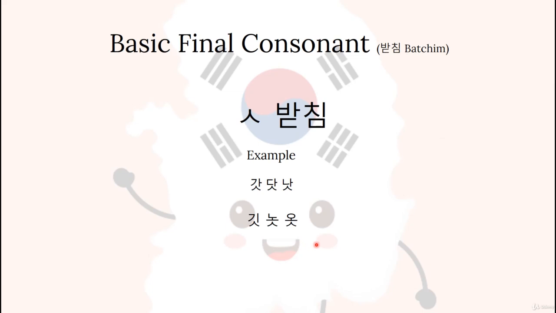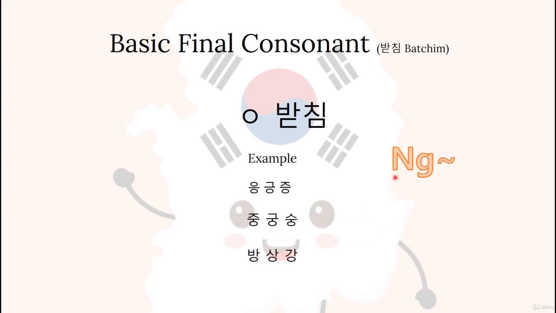Okay, let's move on to the next 받침, which is the 이응 받침. Okay, it has no sound but has the 응 sound, right? Okay. All right. So it produces the sound, okay? So this one is 응, 근. Remember the g becomes g, and the basic final consonant,